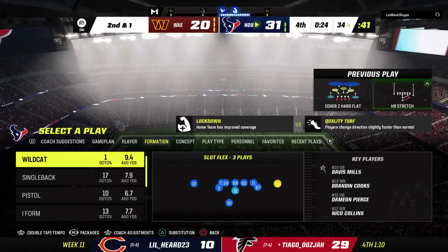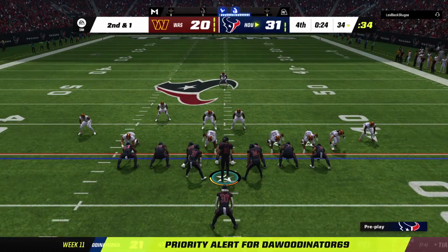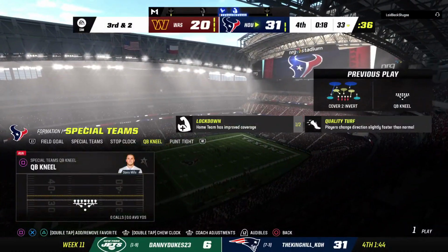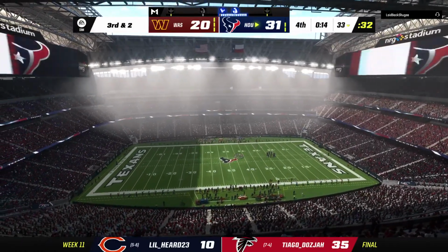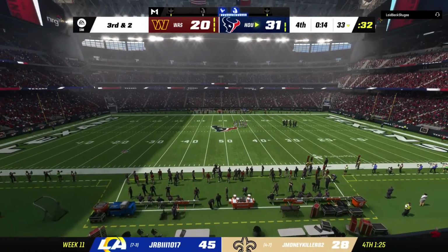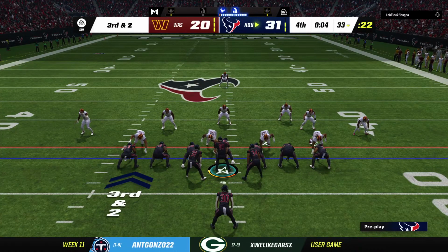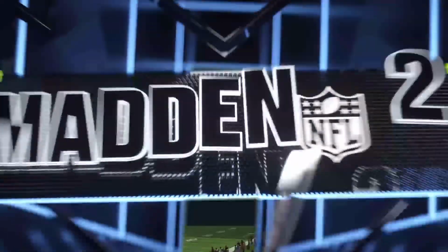We got a plane to catch. Maybe a good spot to take a shot. Here's 2nd and a yard from the 34. And they take a knee. So Houston going to come away here with